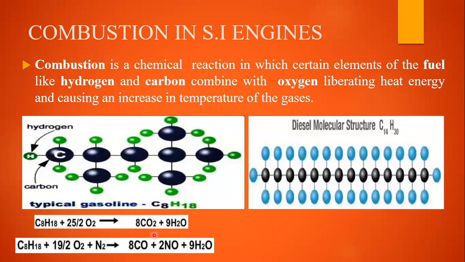We are going to have some carbon dioxide, CO2, if it is complete combustion. If it is incomplete combustion, we may have CO, carbon monoxide. And if we have nitrogen in the air, then we are going to have carbon monoxide, nitrogen oxides, and water also. In addition to that, we are going to have some heat energy also. Whenever the fuel and air have mixed and we initiate a spark, there will be combustion, and after that there will be these components. These are the combustion gases.